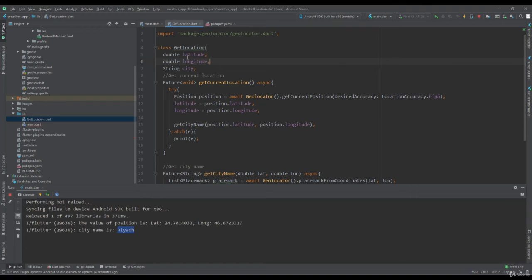I declared those three properties because when we create an object for this class in the main, we can get access to those latitude and longitude and the city name. So that's why. So we are still here. I still need to set up this city. So here city has a different case. Let's see why. City equals get